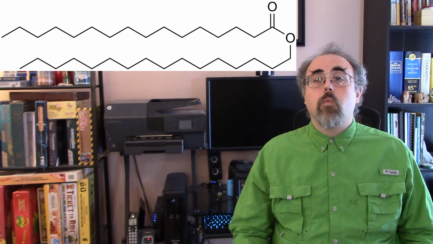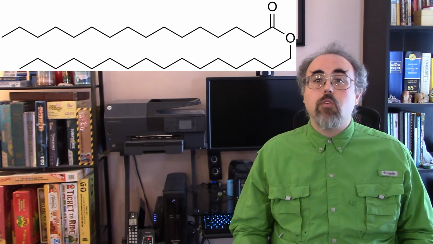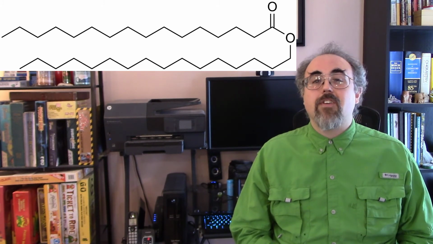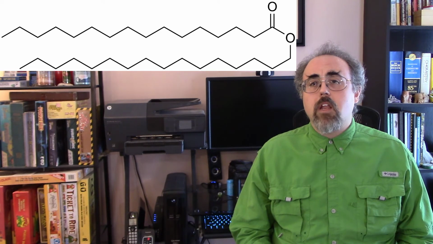Either way though, we're going to have two very large hydrophobic molecules with a tiny polar head, which are going to be fused together into an ester, making a very large nonpolar molecule that can be used for a multitude of purposes depending on what kind of organism you happen to have or what we are repurposing that for, because the bee was not planning on its wax being used for your candle, but it doesn't mean it doesn't make a really